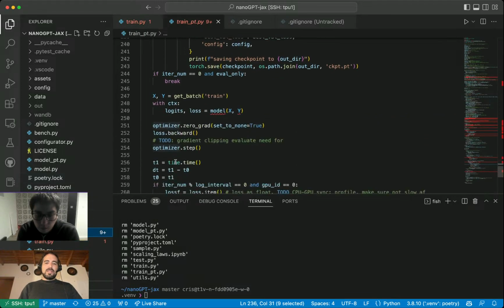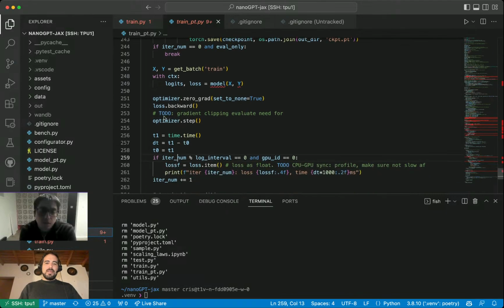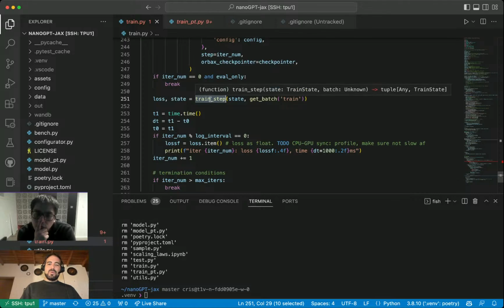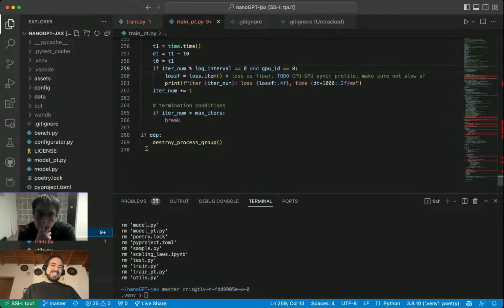The last thing that changed was that here the training loop is coded inline, whereas in the JAX world we created on a previous episode a training step, and we just call this. So this is kind of the training procedure, and the rest is just the same, except we delete some stuff